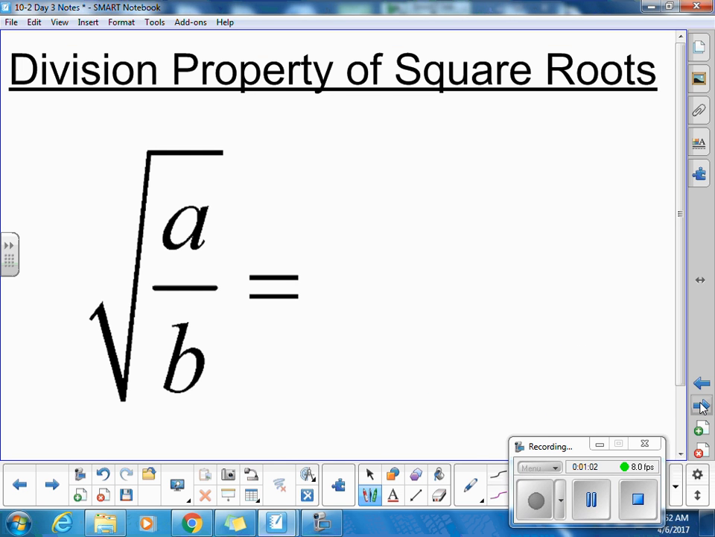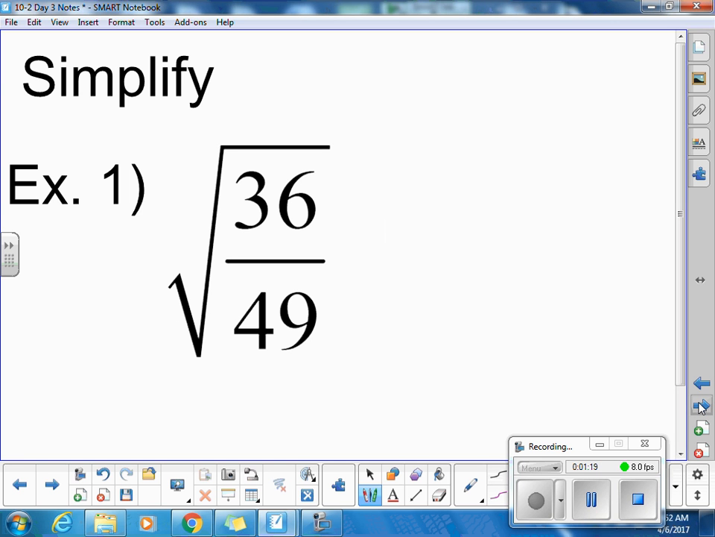So division property of square roots. Remember we said we can't have any radicals in the denominator, so I'm going to rewrite this as a times the square root of b to simplify. I can't leave the square root of b in the denominator, but I can break that one radical up into 2 separate radicals. So division property, remember I could break it up, so I have square root of 36 over